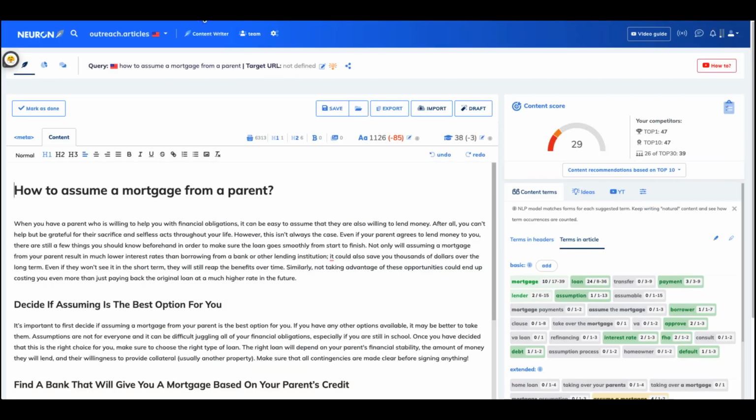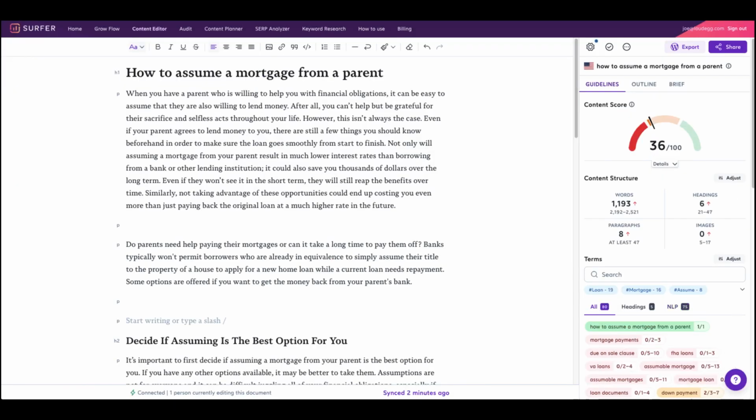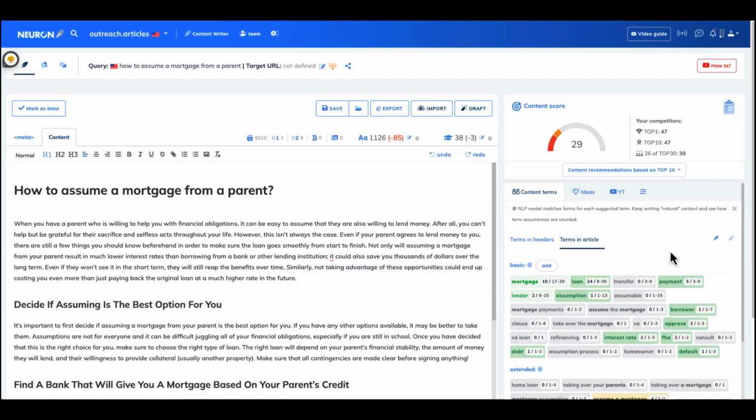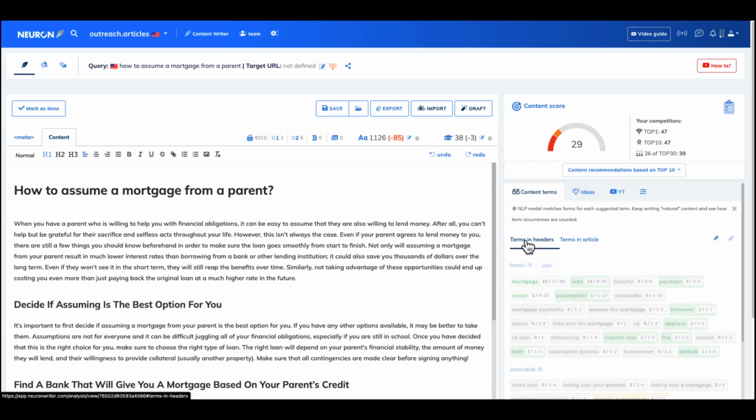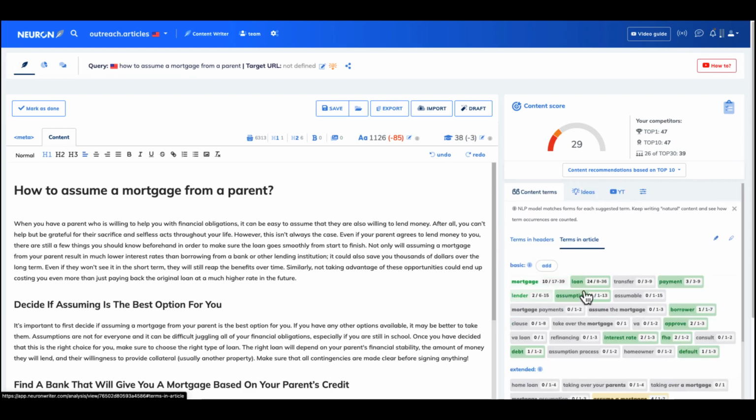Now let's go to Neuron Writer. Neuron Writer is, I think, the closest new platform to Surfer, and it does a lot of good stuff. Very advanced. The UI is a little bit more all over the place, but not necessarily a bad thing. You just have to dig around and look for things. The score is, I found, a little bit tougher to crack, compared to Surfer. All the keywords are NLP, so that is good. It has the terms and headers, terms you want to go in the articles.